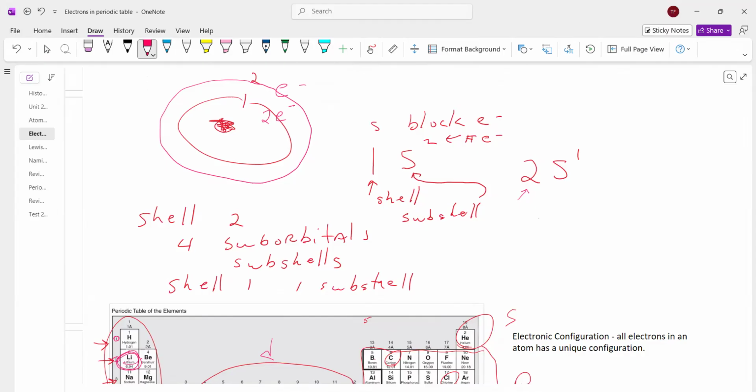Uranium has 92. So uranium's electronic configuration is this long. And that goes all the way up to 118. 118 electrons are accounted for. Now, some of them